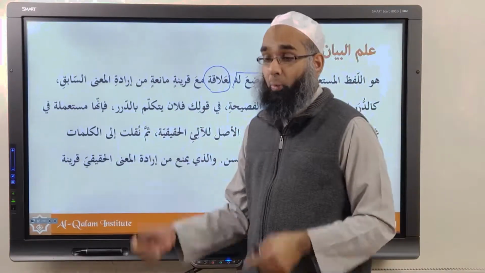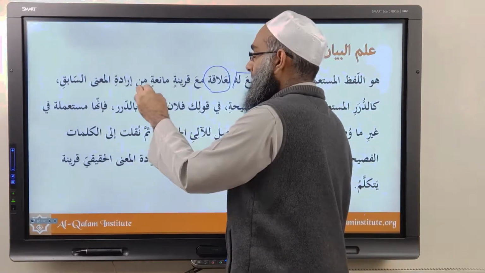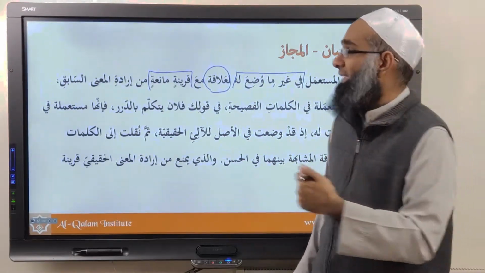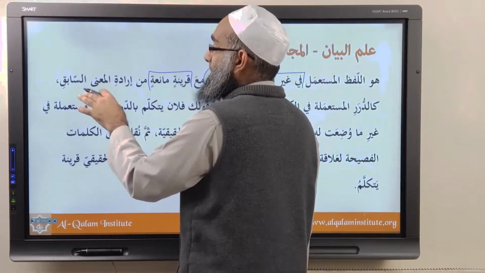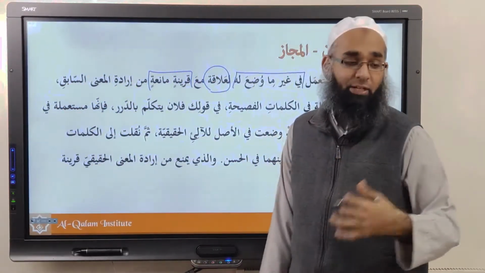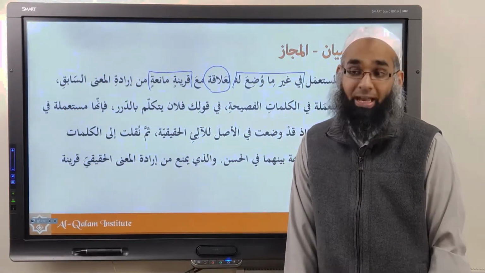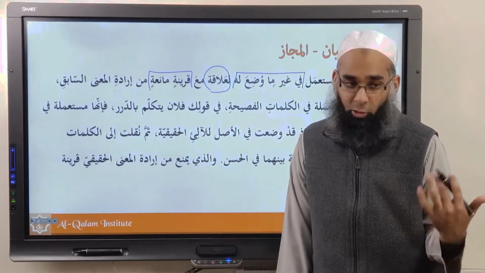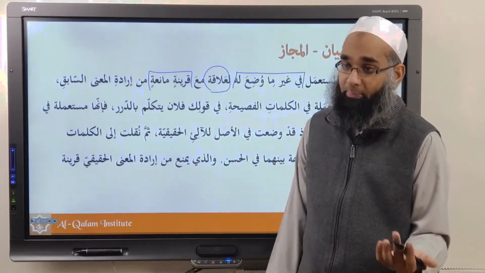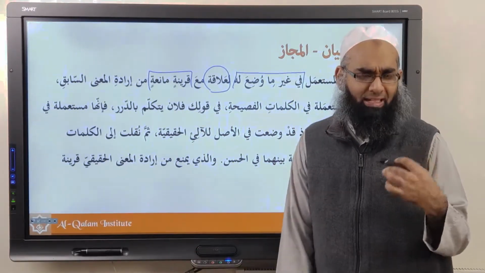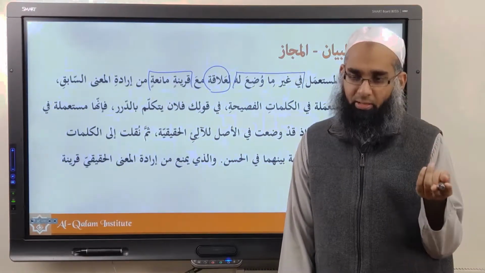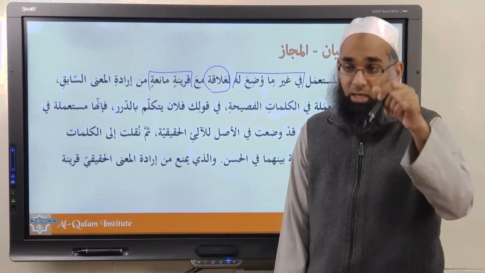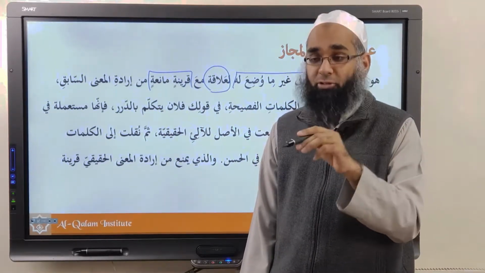And what also? Ma'a qarinatin mani'ah. Some kind of context which stops or prevents the previous intended meaning, the ma'na haqiqi, which prevents you from taking the literal meaning. I went to the safari park and I saw a lion. Obviously you saw a lion. The context is showing us that we mean the haqiqi meaning. But when he said the word yakhtubu, I saw a lion giving a lecture, you start thinking, hey, lions don't give lectures. What must it be? Something else. So that word yakhtub is preventing us from taking the literal meaning because that wouldn't make sense.